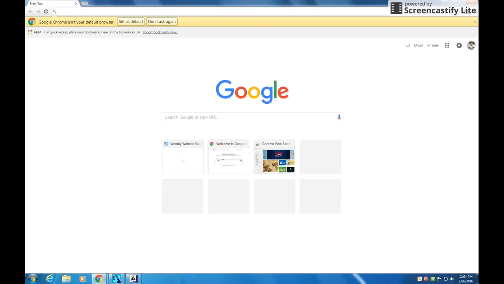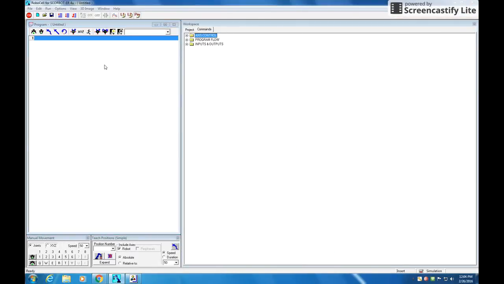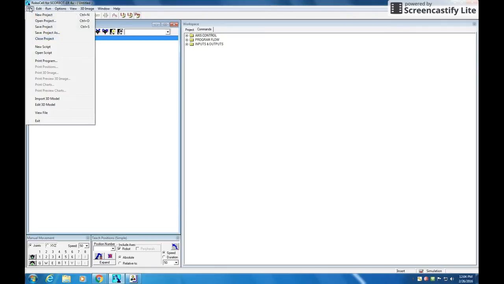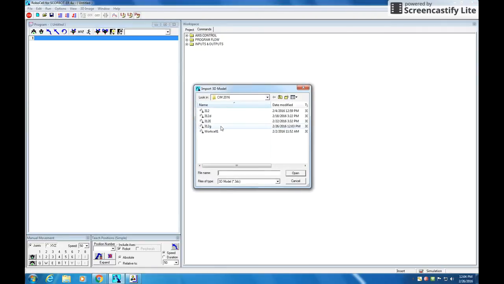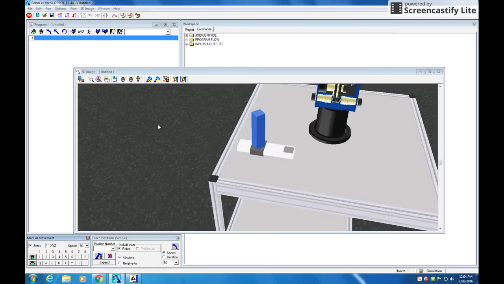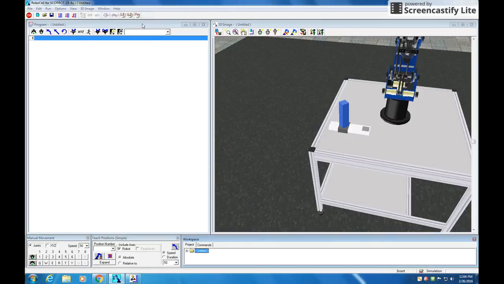So I'm going to do 312G a little bit here. This is a blank document, absolutely nothing's in here, but I'm going to import my 3D model, 312G. It's going to set it up a little sloppy, so we're going to clean it up with Simulate and Teach. Now, because we are dealing with this feeder for this exercise, I'm going to have to add in a couple